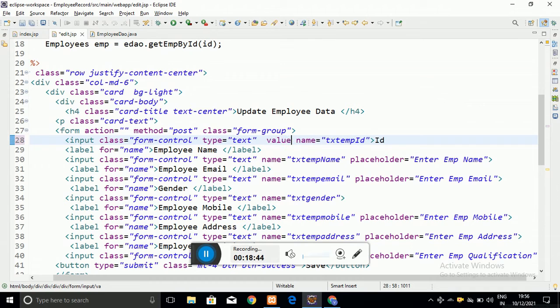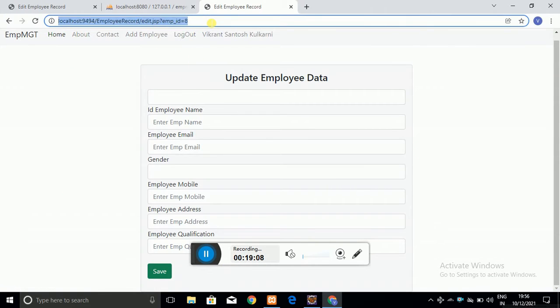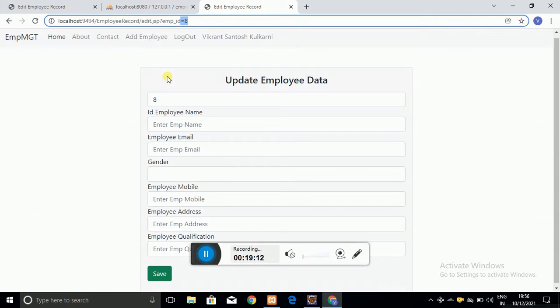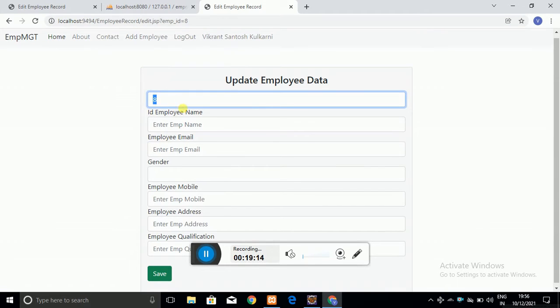Here you say value equal to, and the value of that input field is dynamically fetched from the database, from the employee object which we have created, using the method through which we got that data. Let me refresh the page and see. So I got the 8. Here you can see that I got the employee ID.